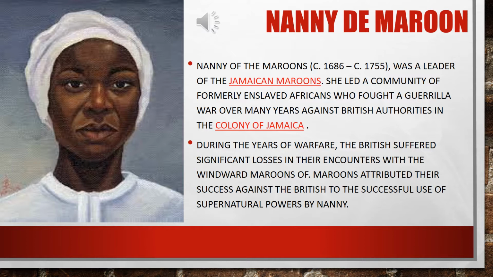So during the years that she helps people to fight back, the British suffer a lot of losses, and people attributed that to Nanny de Maroon having some kind of supernatural powers. And we can see that in the poem when it relates to her as being a sea-far woman. So the idea that she can kind of see the future. So she has somehow these powers, and it's very much linked to nature and natural powers that she gets from